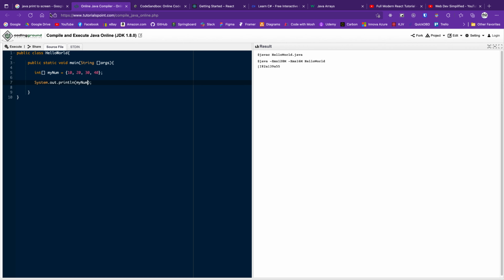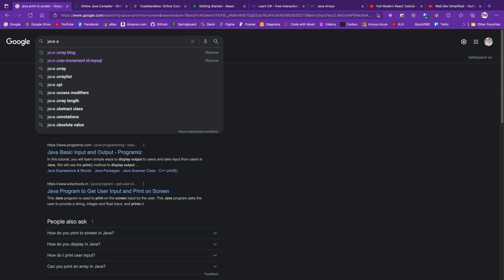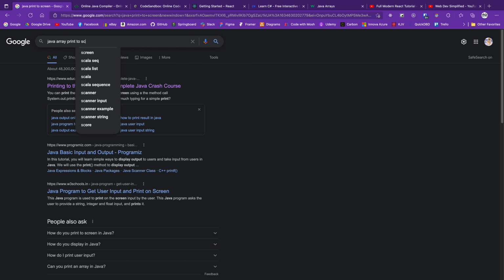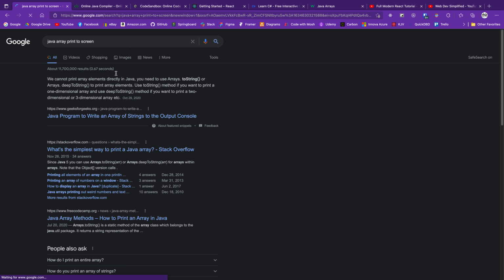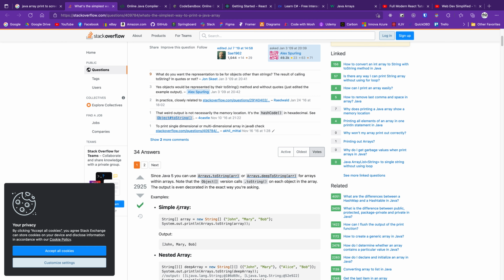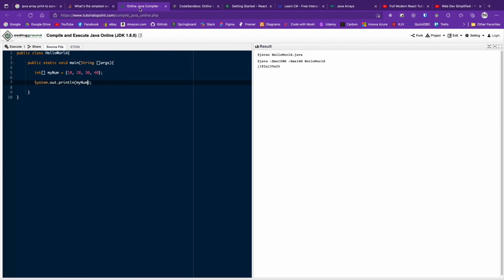So then you Google it. You type in Java array print to the screen, right? And this is how you are gonna solve a lot of your problems. You're gonna take it step by step, Google it, and then right here they say, hey, in order to print to the screen, you need this toString. So you need to make it a string in order to print it to the screen. So then you do that,